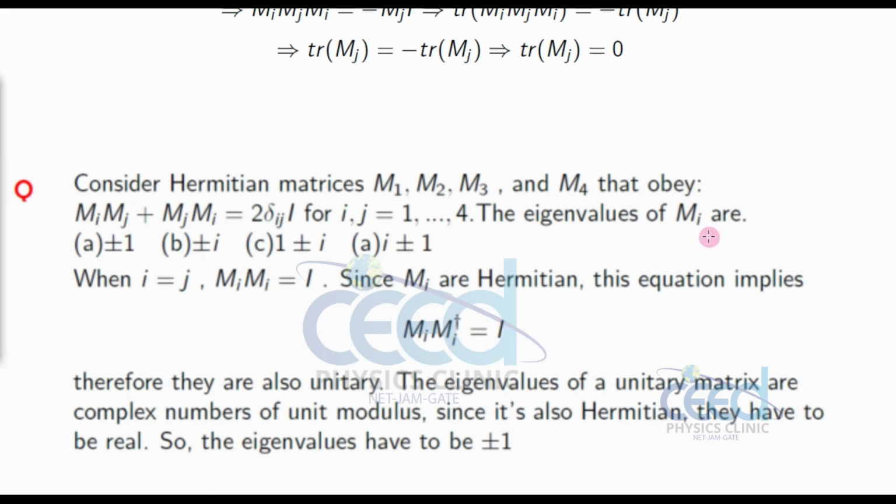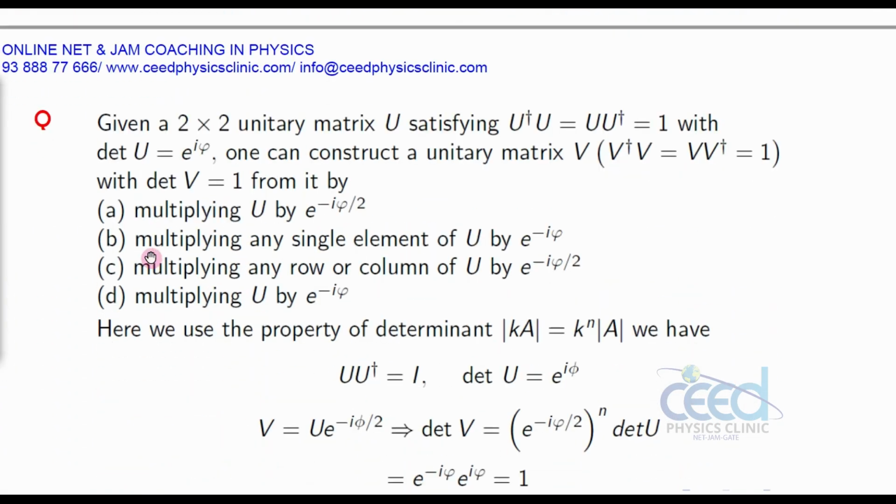Okay, so you can directly write this. This is a Hermitian matrix. For a Hermitian matrix, the eigenvalues are real. That we have studied as a property. The remaining values are all given as complex. You can directly write it is a real value, only option A. So based on the property we have the answer: A.